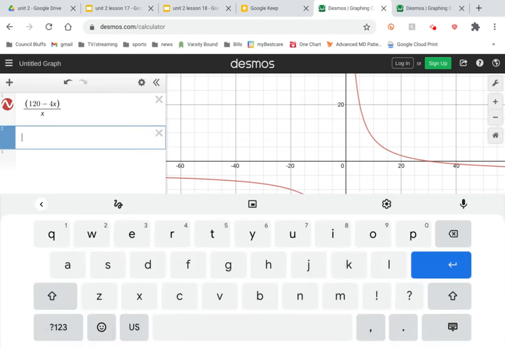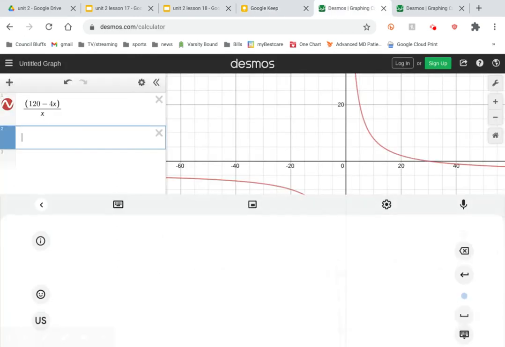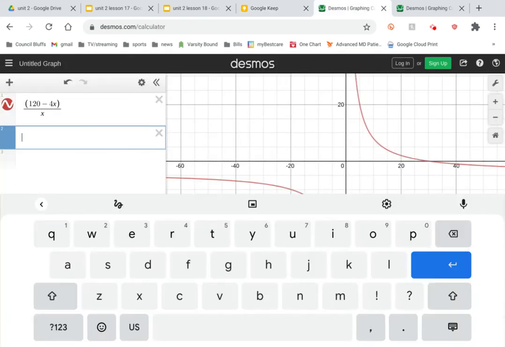And if I were to graph that horizontal line at y equals -4,